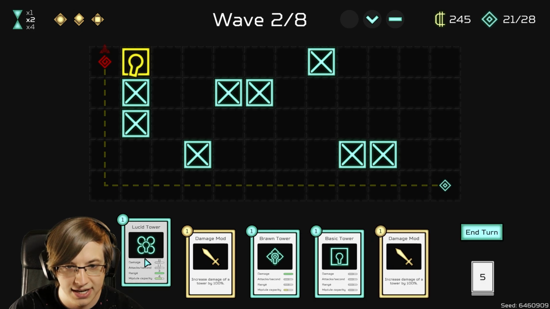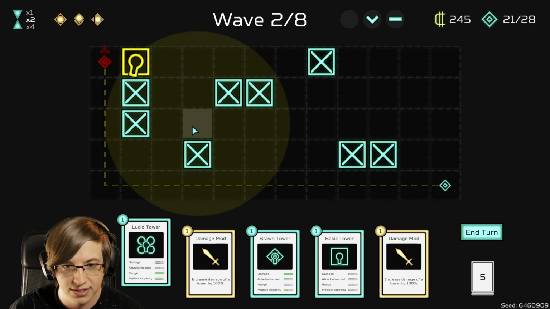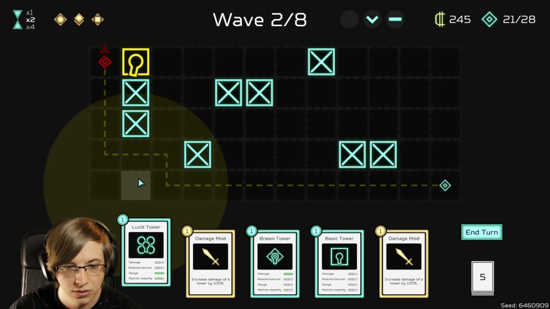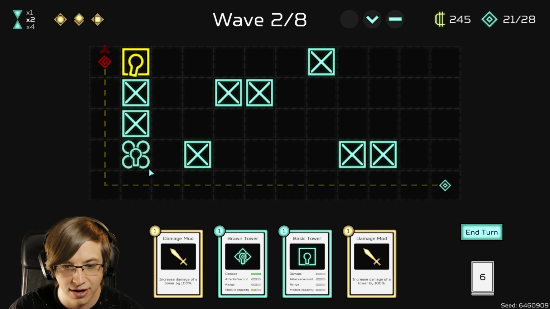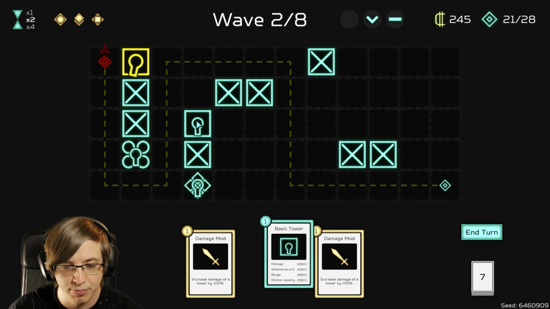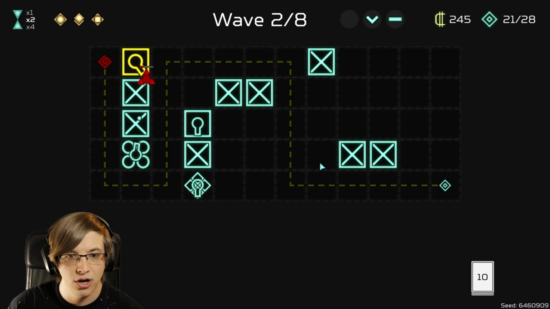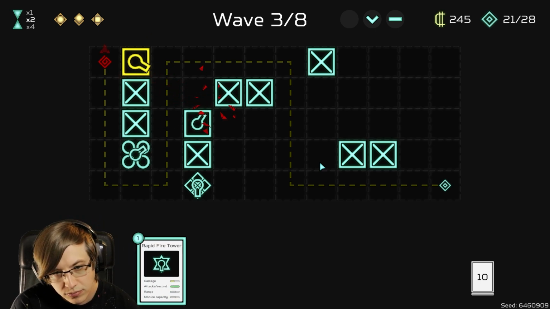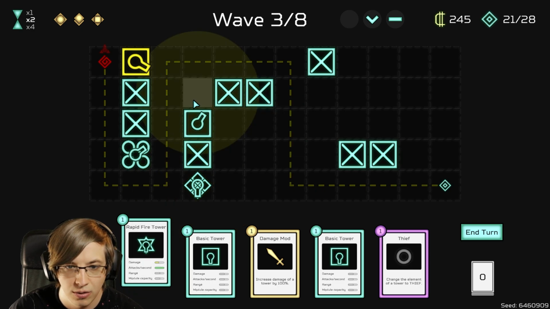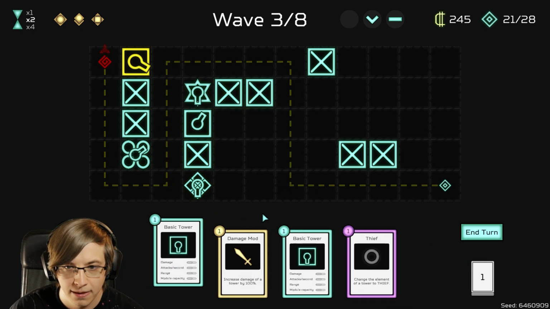Now we got a lucid tower here. So we're going to place this somewhere here in the middle, because I really want it to... No, I'll place that there, actually. Lucid. And then, yeah, let's go ahead and just build the course, because I know that there's some flying enemies, but there's also a lot of non-flying enemies. So rapid fire, and then